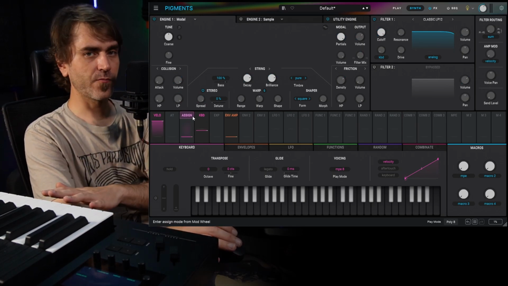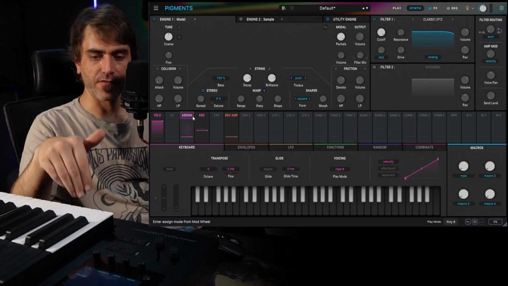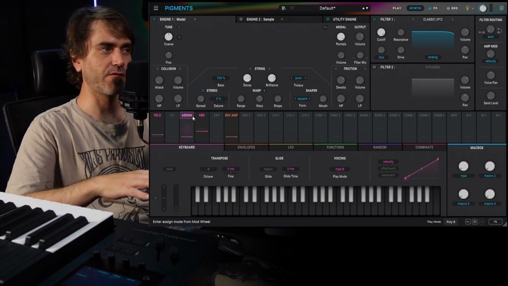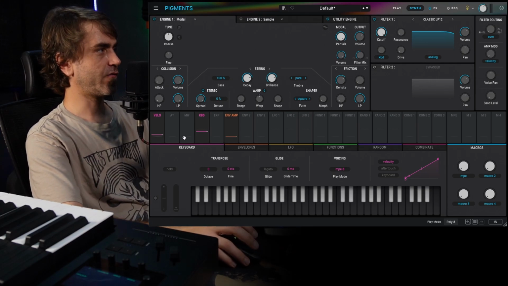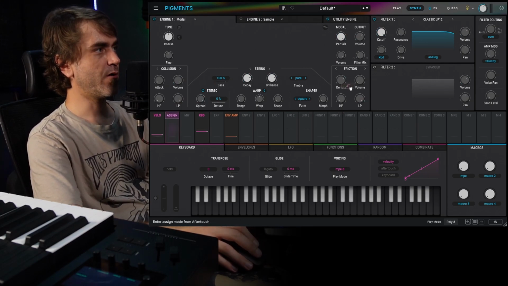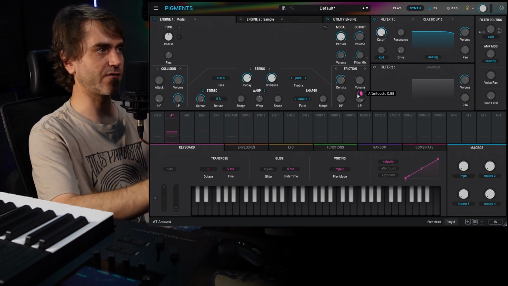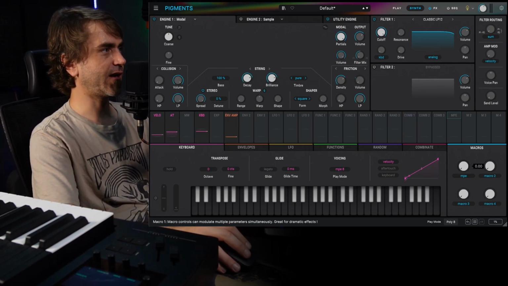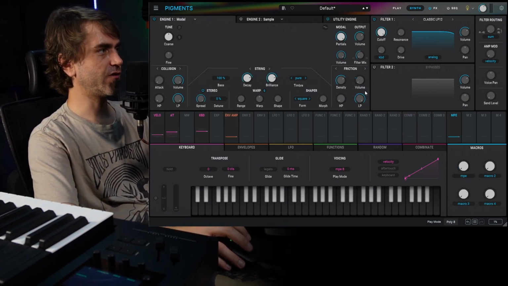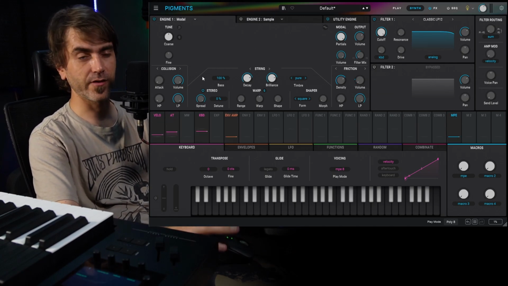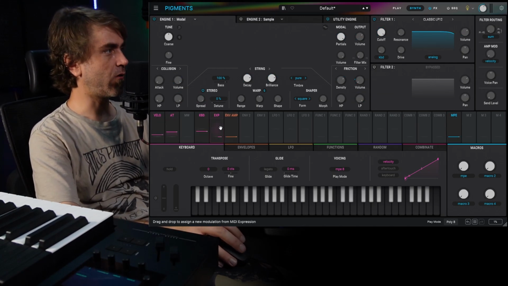With the Osmose, how it works is the first half of the aftertouch is one parameter, and then the rest of the push is another parameter. So you can stack those up both on the friction if you want, or you can have one doing a cutoff sweep and the other doing the volume. You can set that up depending on how you want to. But usually what I do is I'll set them both up on the volume of the friction to start with. And then like we also did in the other examples, what I'm going to do is